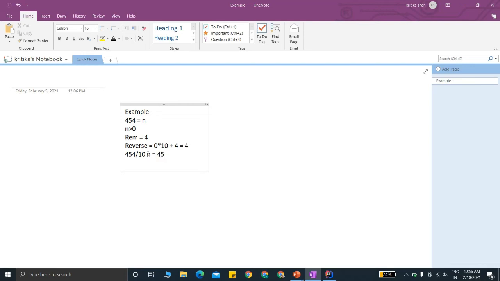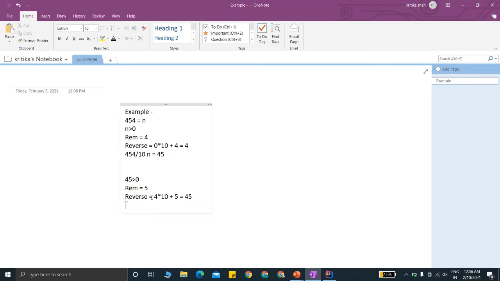So by this our number changes to 45. In the next iteration, n has become 45. So 45 is greater than 0, yes, we enter the loop. Now the remainder will be 5. The reverse was 4, so it will be 4 into 10 plus 5, which will be equal to 45.